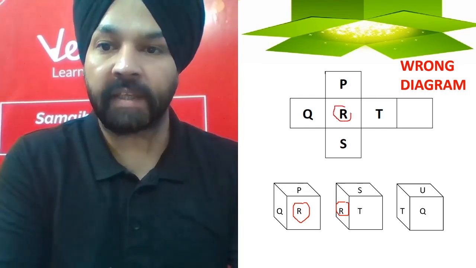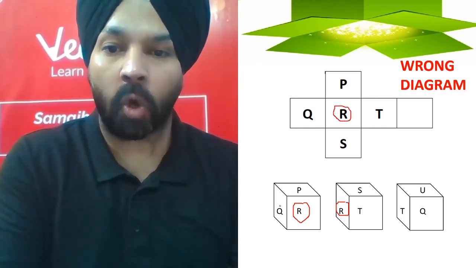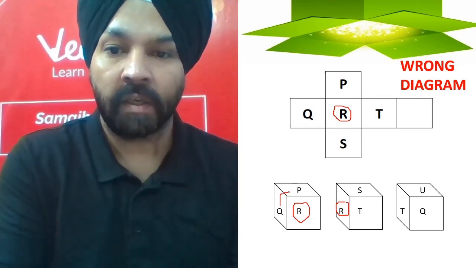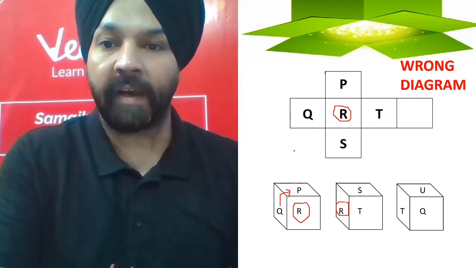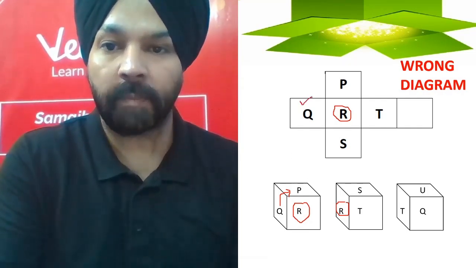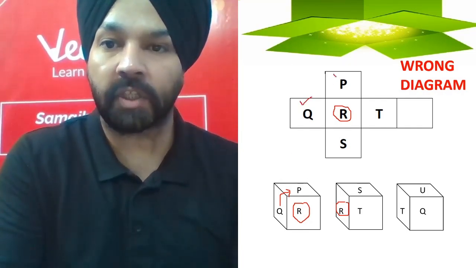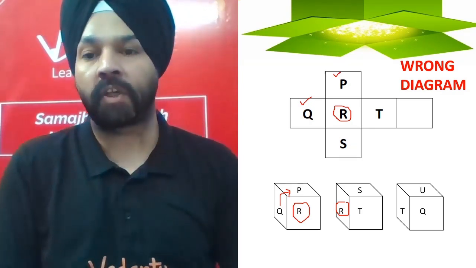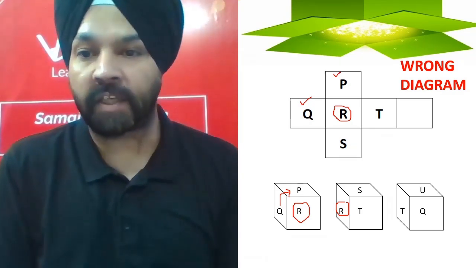There is no mistake in this. And then I will try to copy the same order. Now what's the order? I can see I am moving from Q to P in this manner, right? So I have placed Q over here and P over here. This is perfectly okay, nothing wrong in this. But there is a problem in the next one.